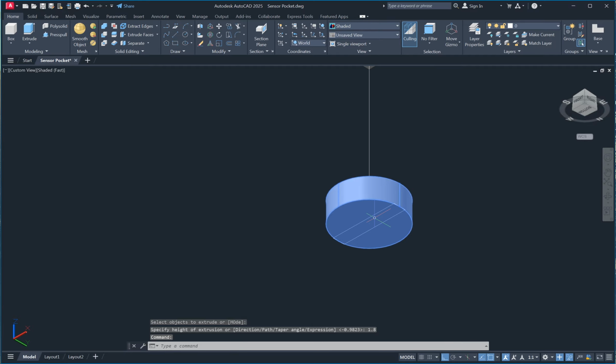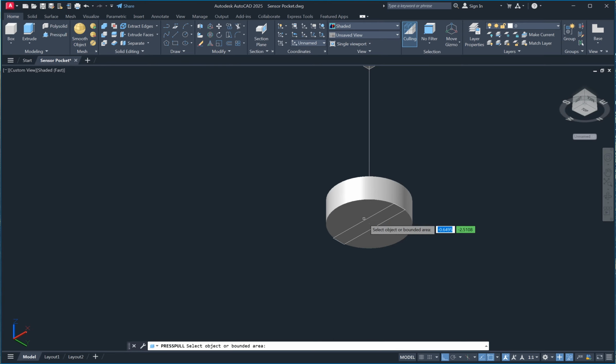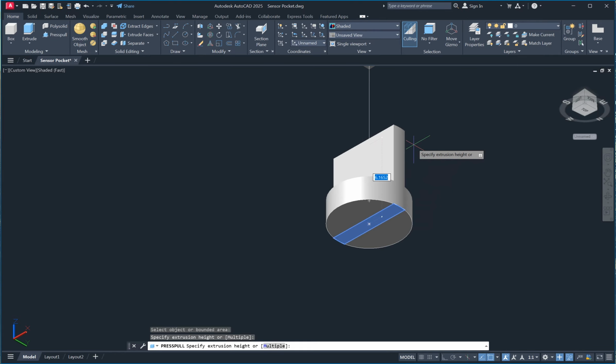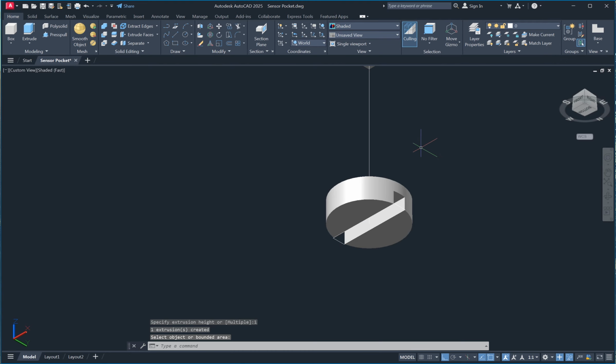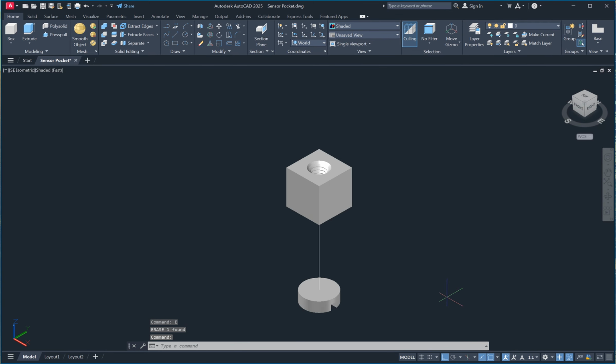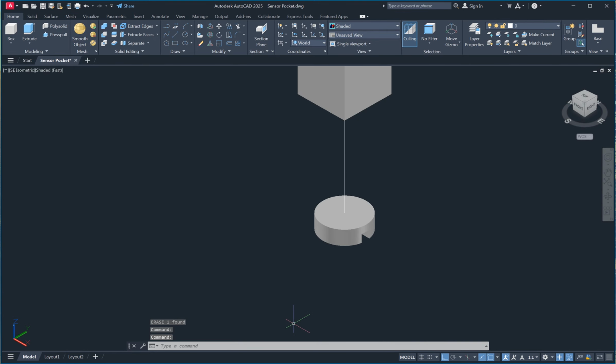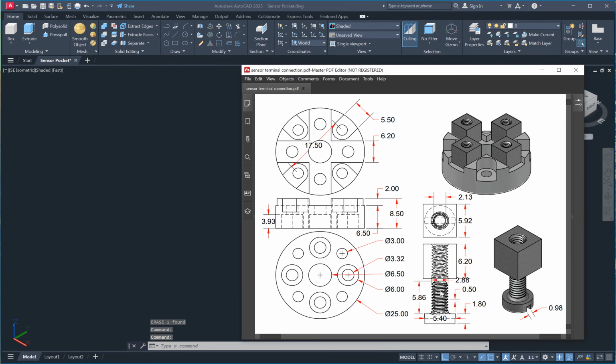We need to presspull here one area, specify height of extrusion 1, enter for exit, and then select the rectangle here. And the next is here, screw body with the circle 2.88.